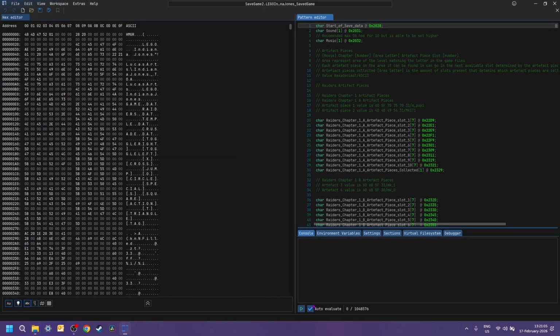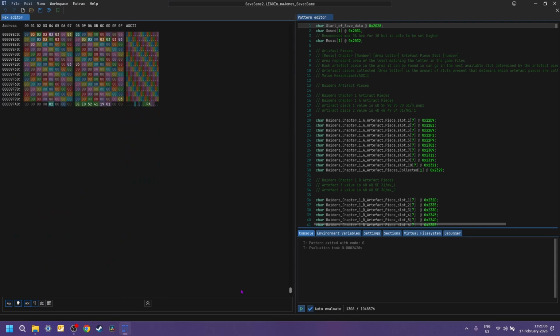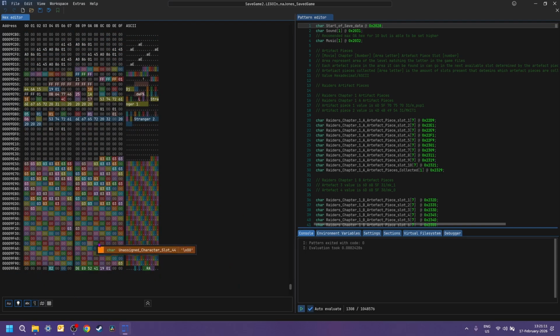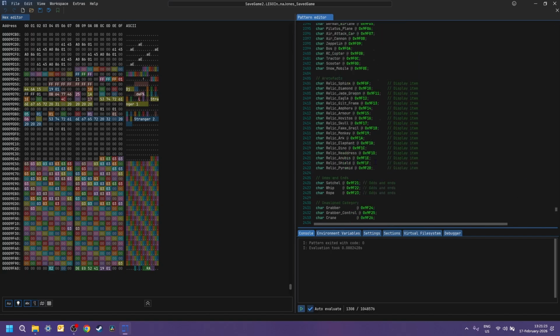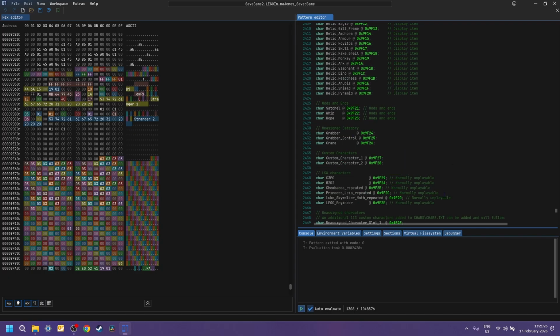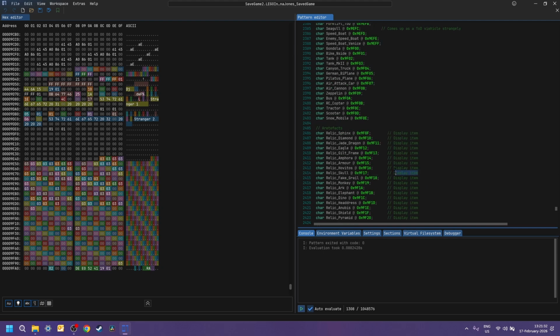So auto evaluate, and yeah, extended just shows all the extra stuff with the characters, and I also have a note that kind of did break it into sections, and I've also noted normally unplayable or display items, because the artifacts that get built and that you get to see in the artifact room are considered a character.